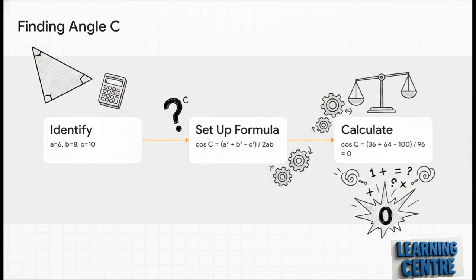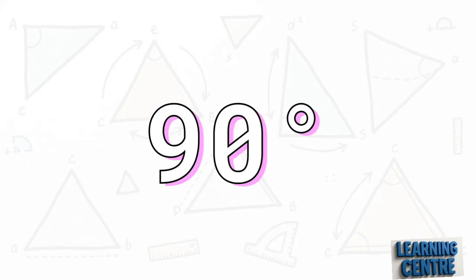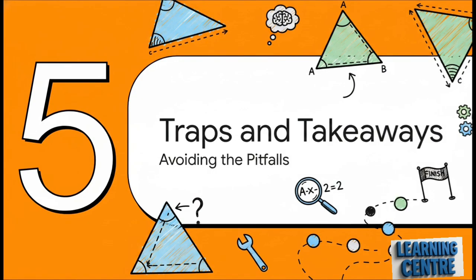The top of our fraction becomes 36 plus 64 minus 100. Well, that's exactly 0, which means the cosine of C equals exactly 0 divided by 96, which of course is just 0. So, to find the actual angle, we take the inverse cosine of 0 on our calculators. And because the inverse cosine of 0 is 90, we find that our missing angle C is exactly 90 degrees. We literally just proved that a triangle with sides 6, 8, and 10 is actually a perfectly right-angled triangle. Which brings us to Section 5,